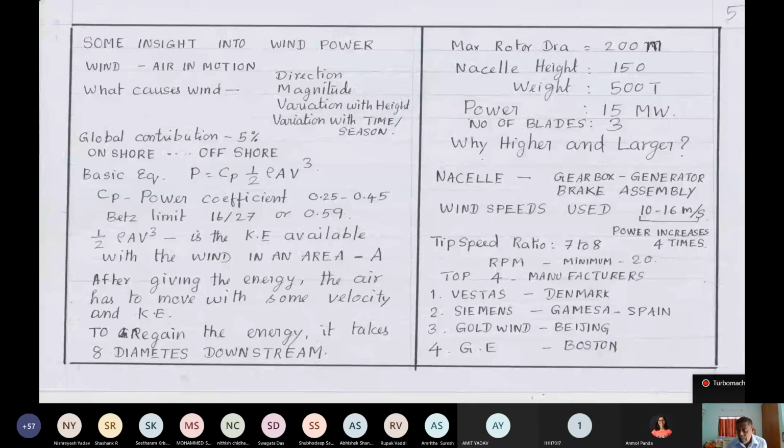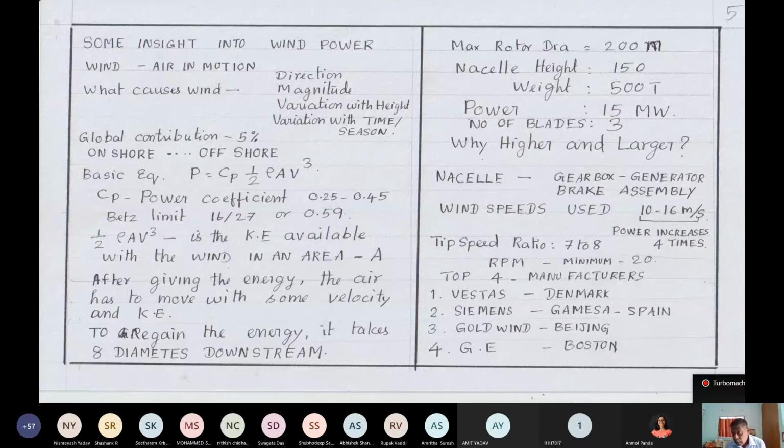So one may ask, if the wind speed is 20 meters per second, what do you do? Why not use that power? Systems are designed for a particular speed. At higher speed, the inertial forces, centrifugal forces, everything will be more, and the system cannot withstand. How this speed is controlled is, you have in the nacelle assembly a brake assembly which will take care of that. In extreme cases, it may totally stop it. When some cyclone is passing over, it must stop. Otherwise, it will regulate the speed by braking.